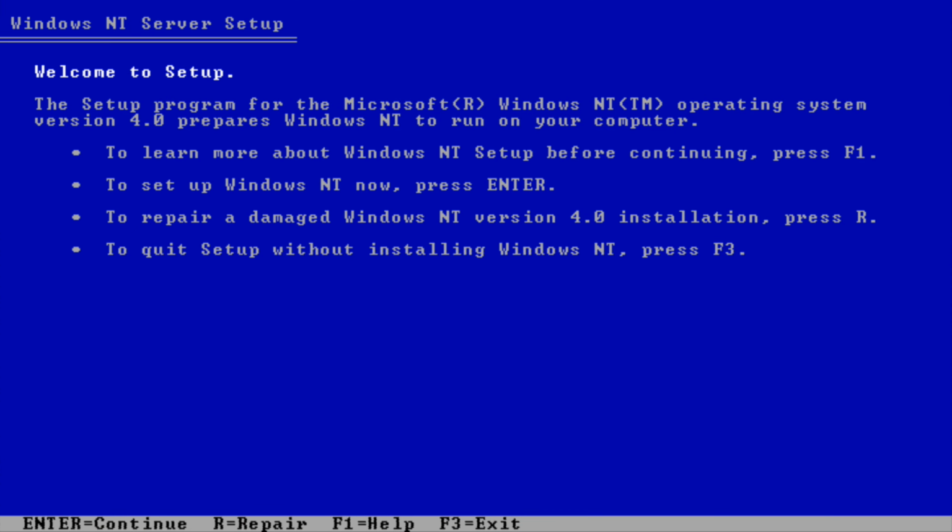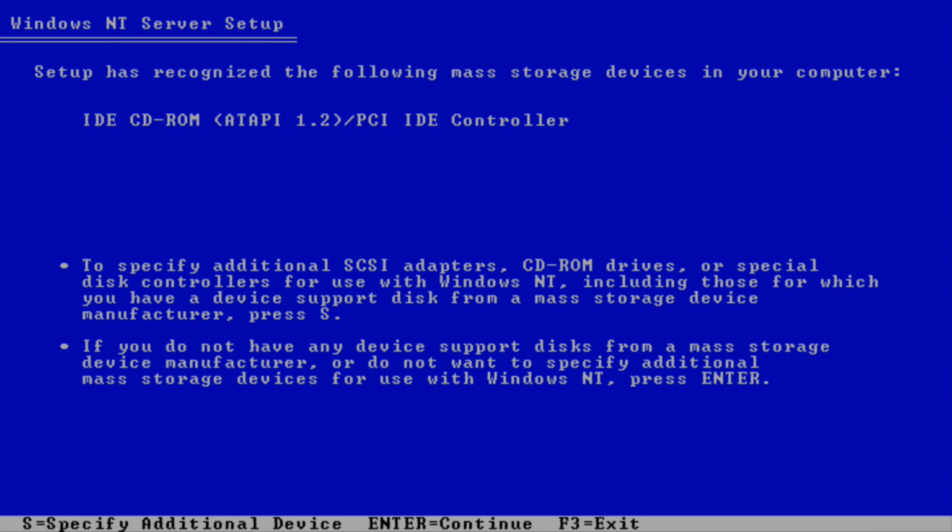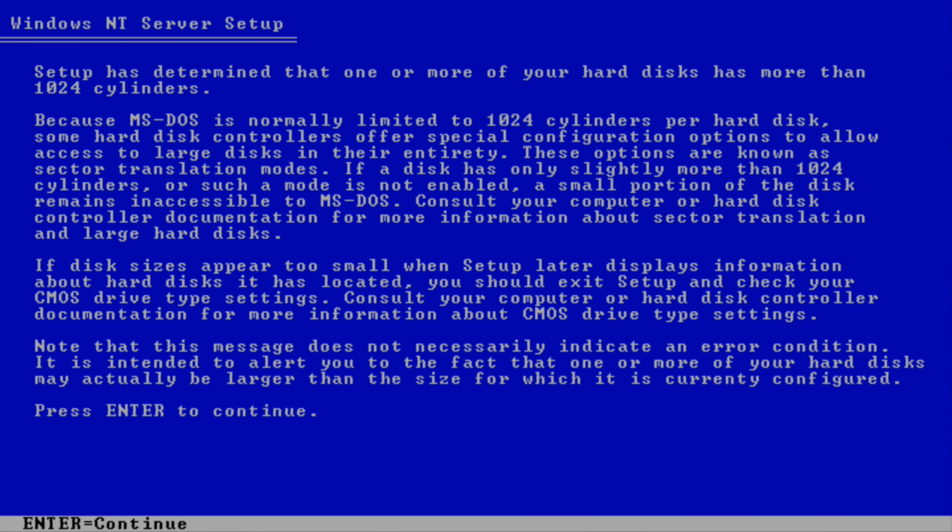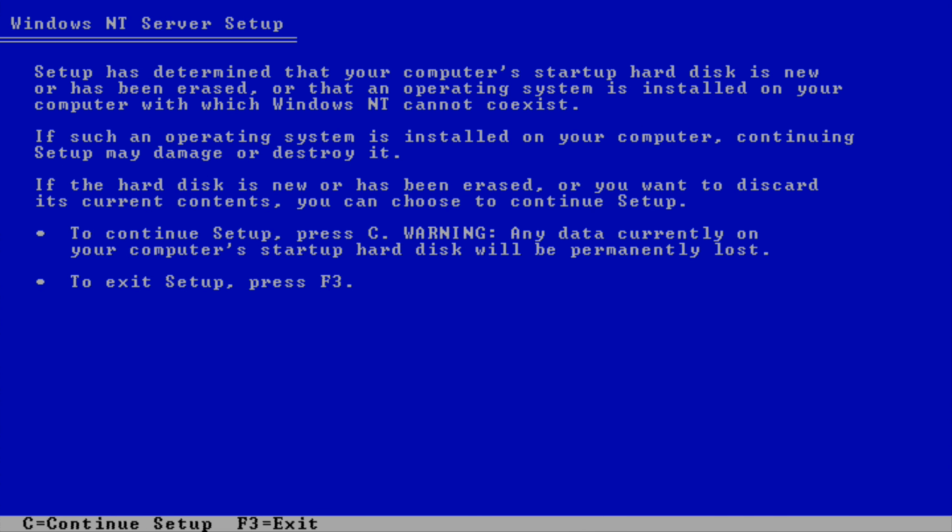So to set up Windows NT now, we're going to press enter. And then you want to read the following: mass storage on your computer, to specify additional SCSI adapters, CD drives, or special disk controllers for use with Windows NT, including those for which you have the device. So if you do not have any device support disks from mass storage device manager, or you do not want to specify additional mass storage devices for use with Windows NT, we're going to press enter again, and then press